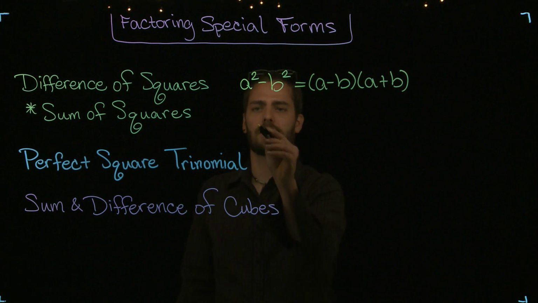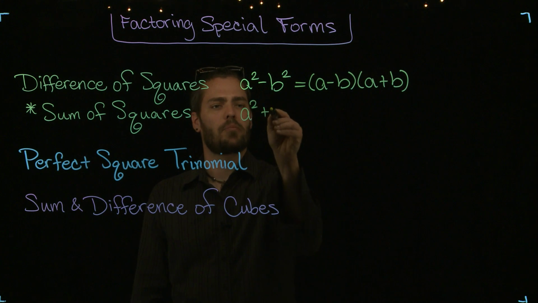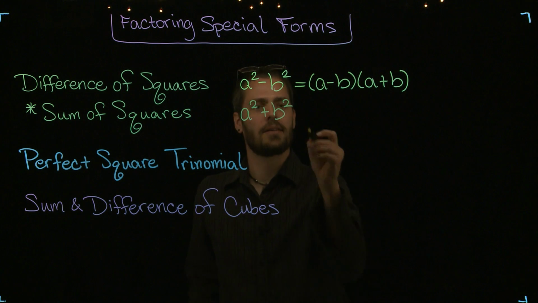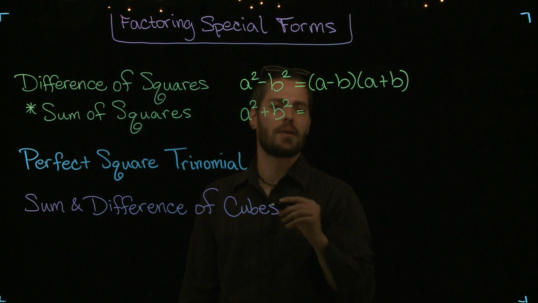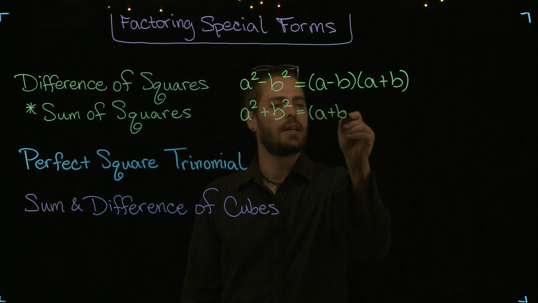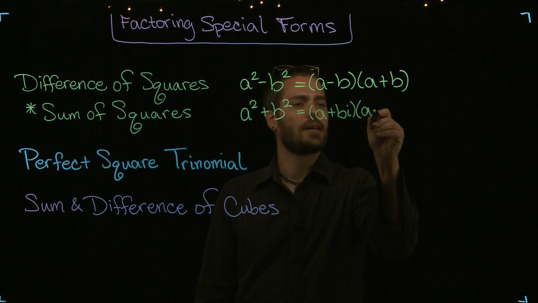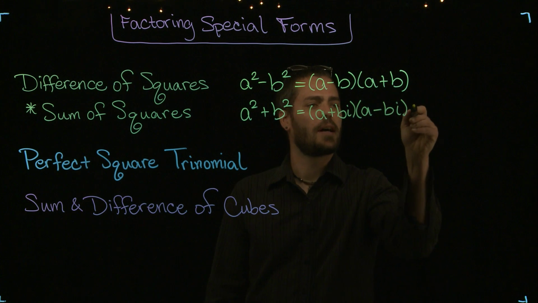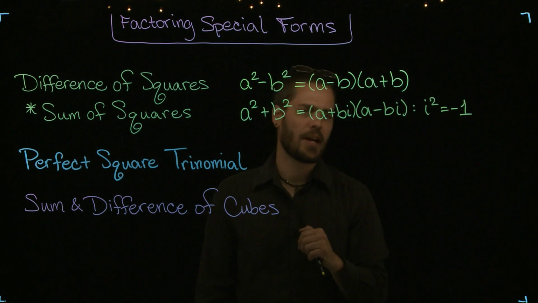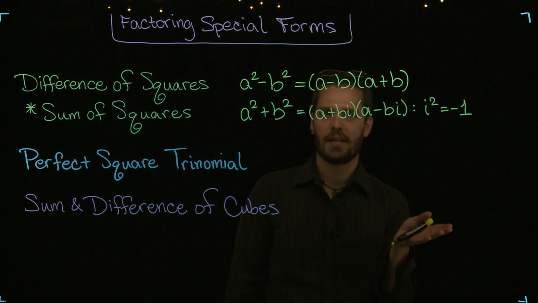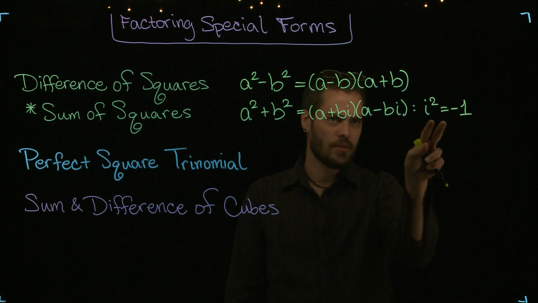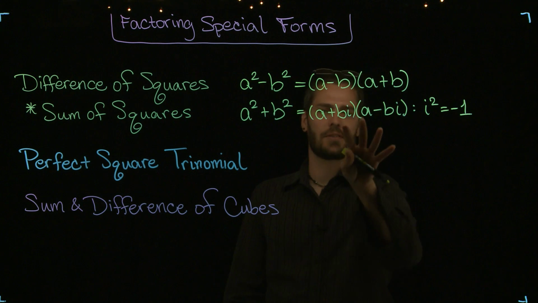The sum of squares looks like a squared plus b squared, and this does not contain real factors, but it does factor into the following two binomials that have a complex component. So here's what this looks like. A plus bi times a minus bi, where i squared is equal to -1. And that i, that's the imaginary unit. We can define i as equal to the square root of -1, or we can say i squared is equal to -1. And when you do that, with that definition, then you can say this factors to a plus bi